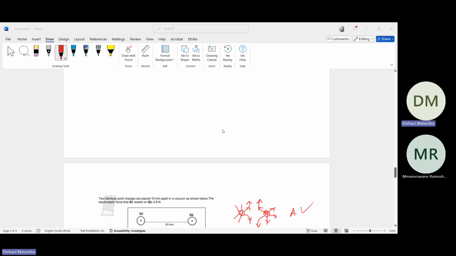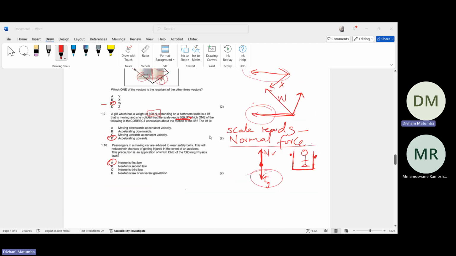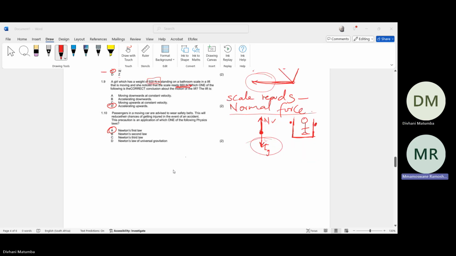In Newton's law, you must bear in mind your directions. You must choose your directions carefully. And then if they bring a question of weightlessness,